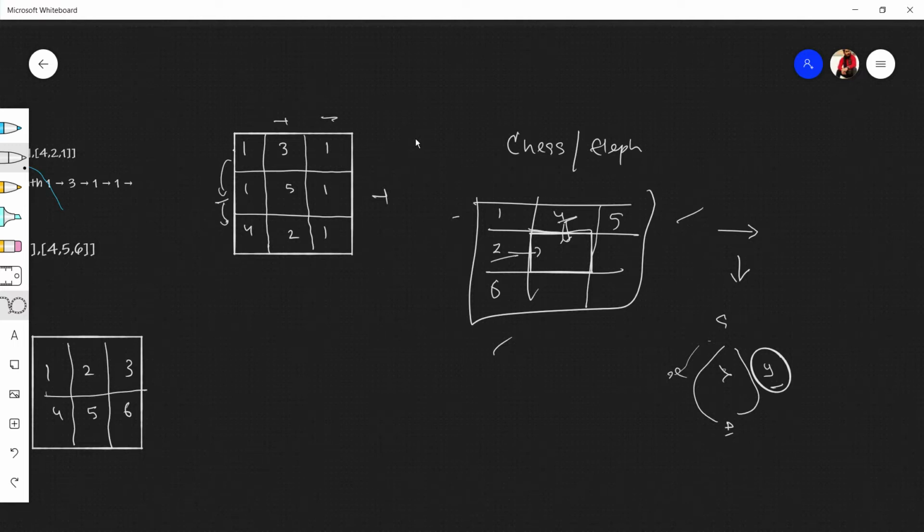Which is smaller? Like which takes less money to reach there? Obviously 2 is taking less money, so we'll take this 2 into consideration and we'll pay the token amount. Like this is a token amount for standing on this grid. So 2 plus 5 equals 7. I know this can be confusing. I'll explain it again.